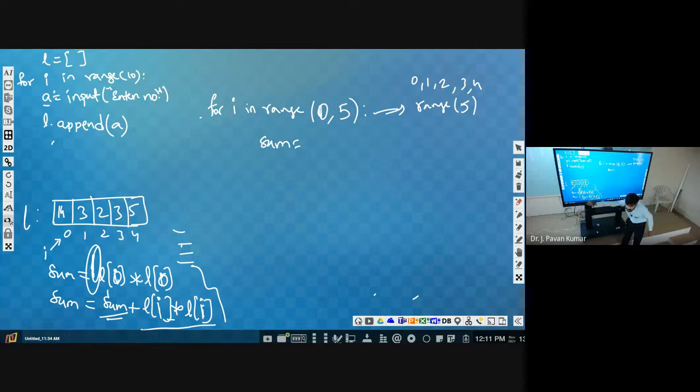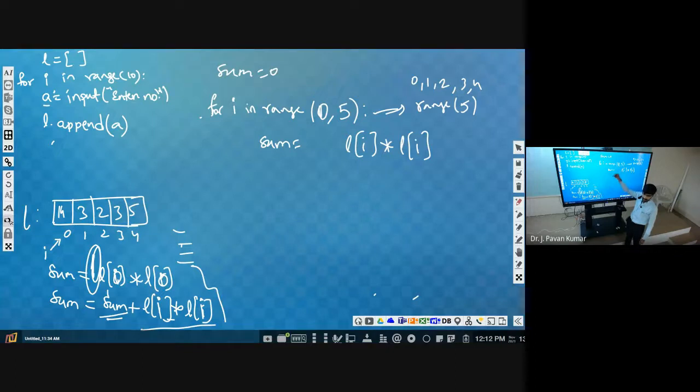How? Sum is equal to, first time also sum can be 0. So sum is equal to 0. So sum is equal to L of I multiplied by L of I. Next, second time I value will be 1, L of 1 into L of 1, that we will be adding to sum.